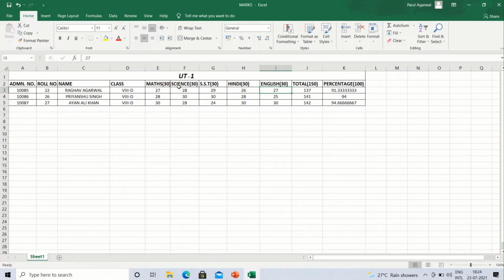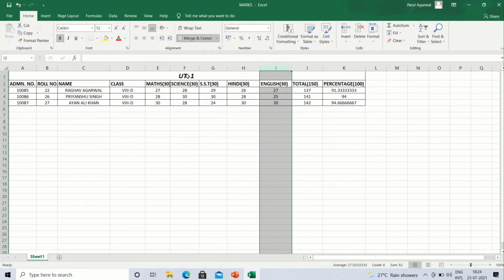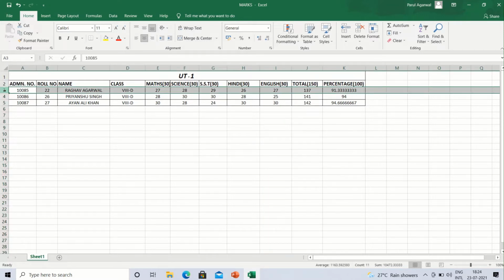Here it is maths, science, SST, Hindi, English, so we have taken E column, F column, G column, H column and I column. We have selected the columns E to I, and the row is 3, the third row.